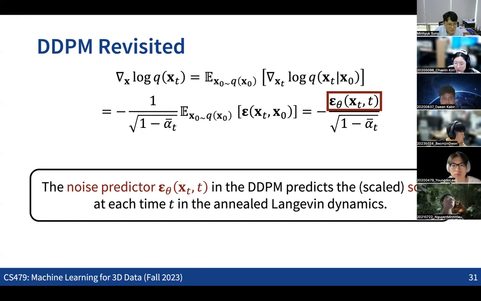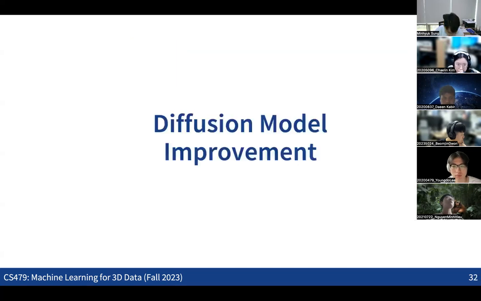So yeah, you can check out some more details in the slides later, but I guess we also need to move on to the next part. Those are the basic ideas in terms of why we need to get all the noise information and what the exact meaning is in terms of how we can get the data samples from the noise information that we have. And actually, let's see some practical issues of diffusion models as well.